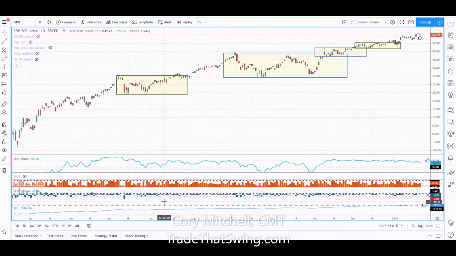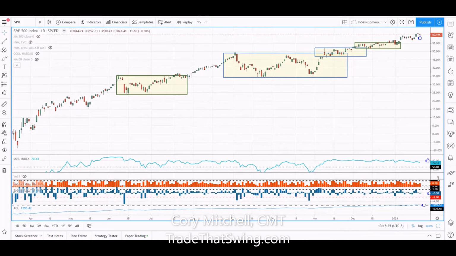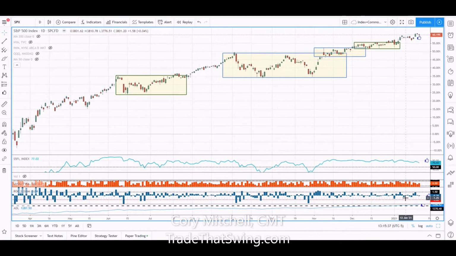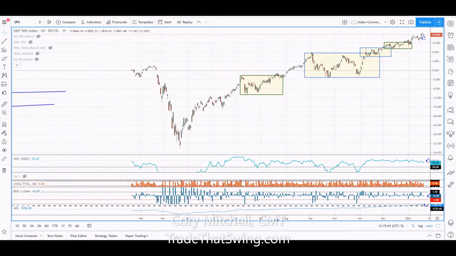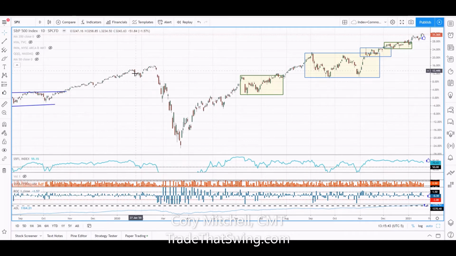I don't care. ROC is an indicator. This is rate of change. This is telling us how much the price is moving on a daily basis. And as discussed in the course, during market uptrends, rate of change is very small. There's not a lot of movement from day to day. We just kind of drift. And even when we have some choppy periods, we're not usually getting big sell-offs. And this is what we're really concerned about, these big drops where the price drops more than 2% in a day. And that's usually not